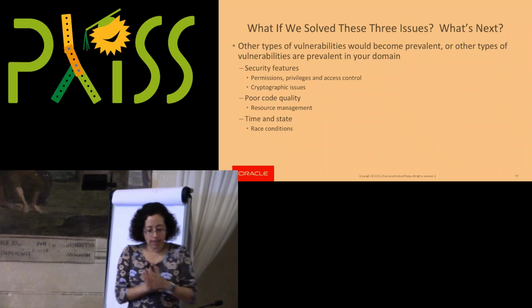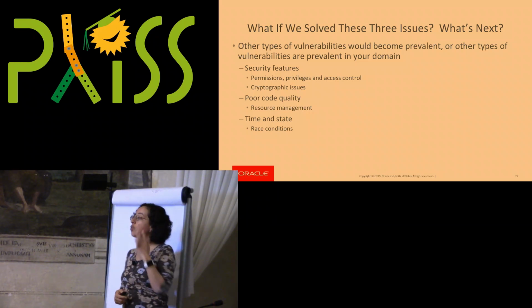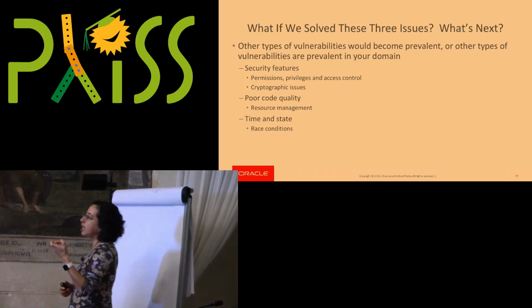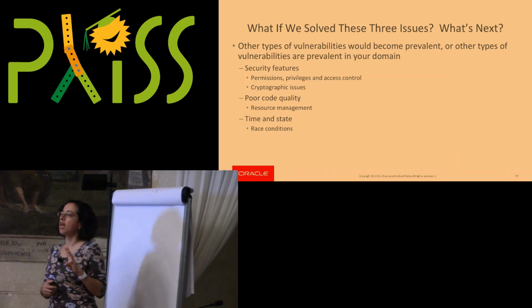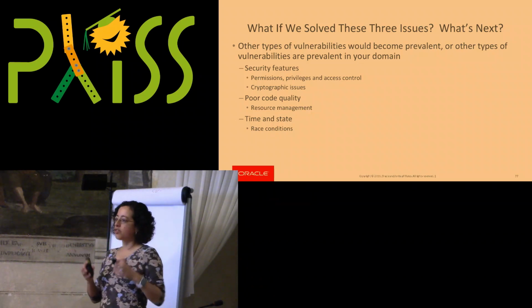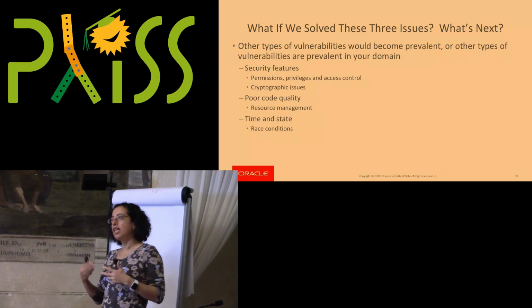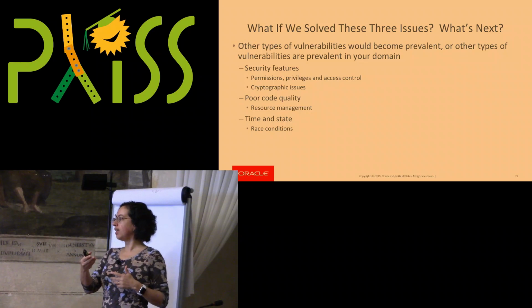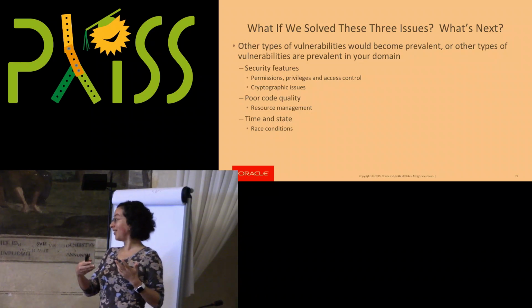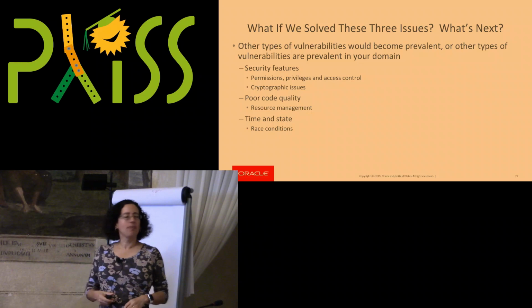Another large category is the one that relates to permissions, privileges, and access control. If you look at the data in the National Vulnerability Database, that's the third most common type of issue. And I didn't include it as one of the focuses for programming languages because access control tends to be a solution to security. What that really is telling us is that the implementation of the solution for a particular security issue actually has a bug, okay? So it's a different class of error.